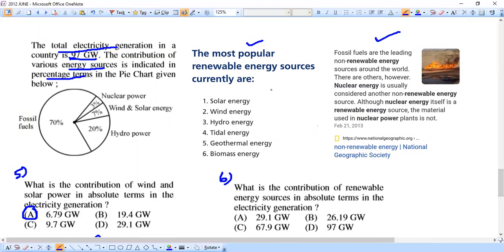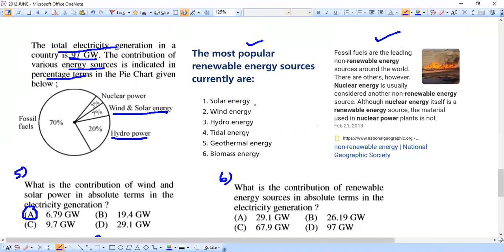And here in this list we have solar energy, wind energy. So that means wind and solar energy we can take under renewable sources. And anything else do we have? Yeah, hydro energy also. See, this hydro also we can take into account. And what about nuclear power and fossil fuels? See the second image. Here we have these energies to be non-renewable.